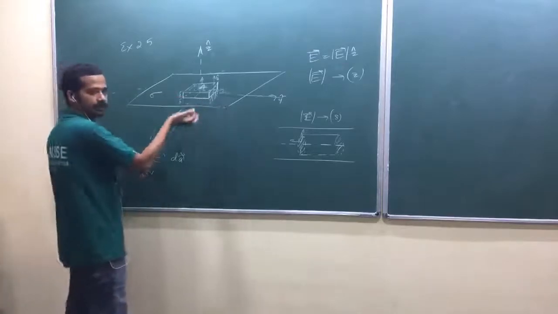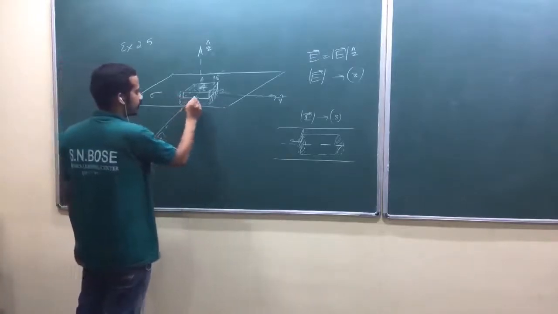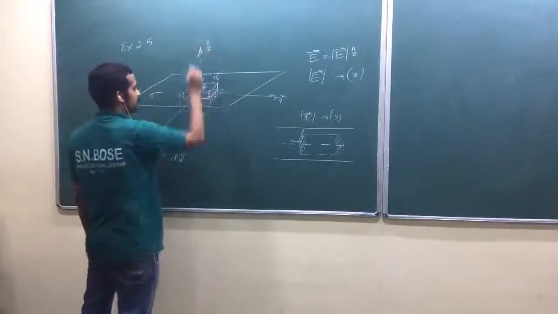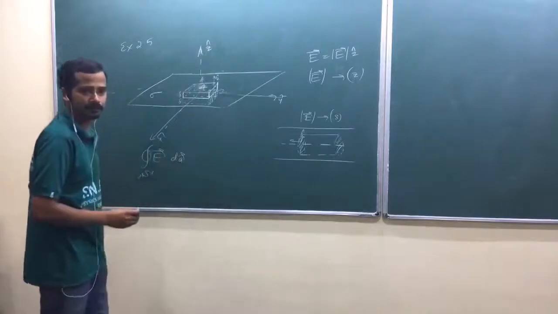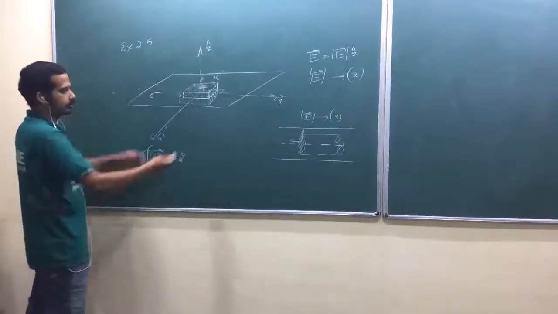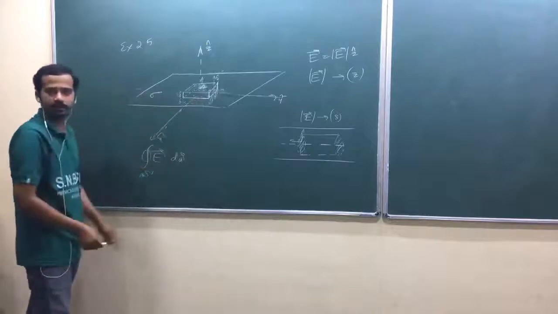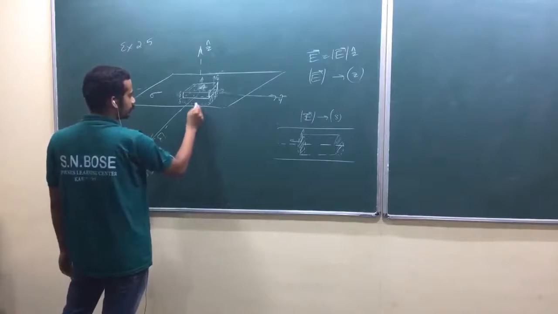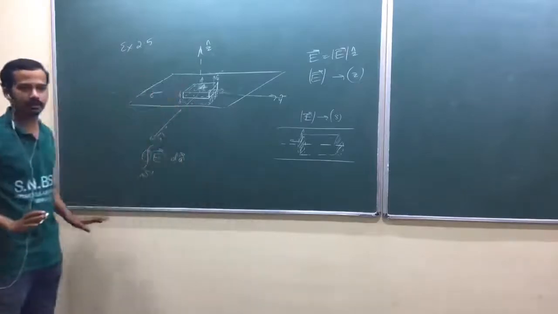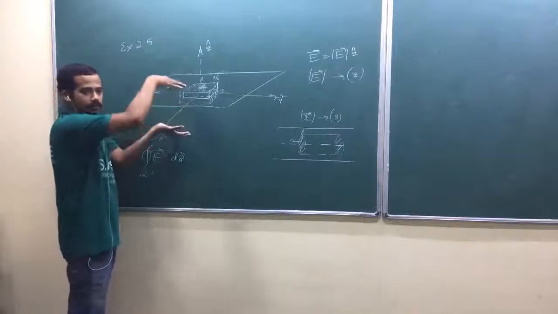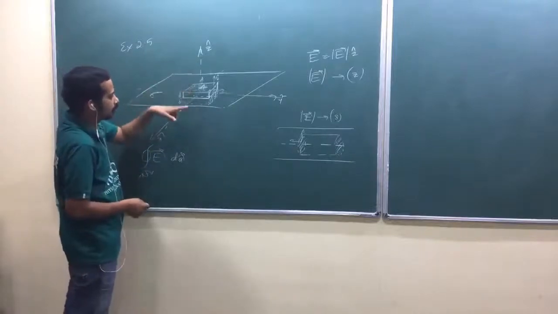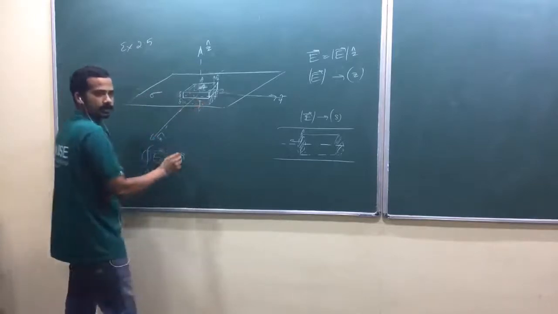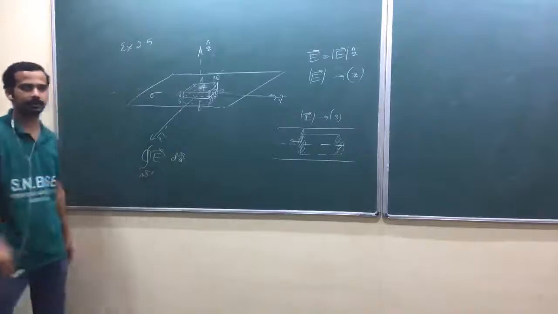Then below the surface, obviously there exists an electric field, am I right? Now look here, if the electric field above is along z cap, what is the electric field below? It should be minus z cap, because it points away from the plane. Below the surface the electric field is along minus z cap, and the area vector should always be outward from the region for a closed surface, the closed pillbox. Below, your area vector is like this and your electric field is in the same direction. Again, the same thing will happen.